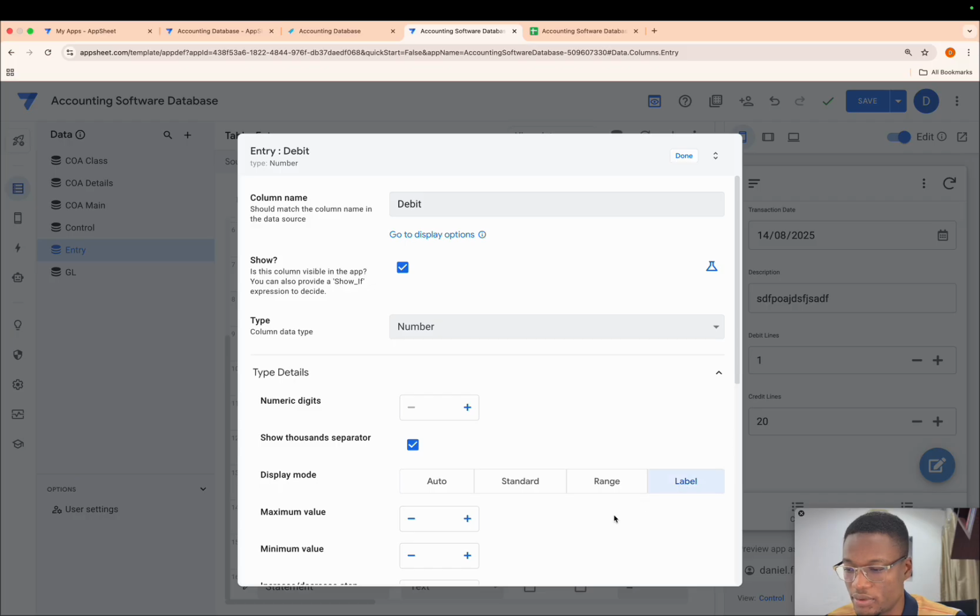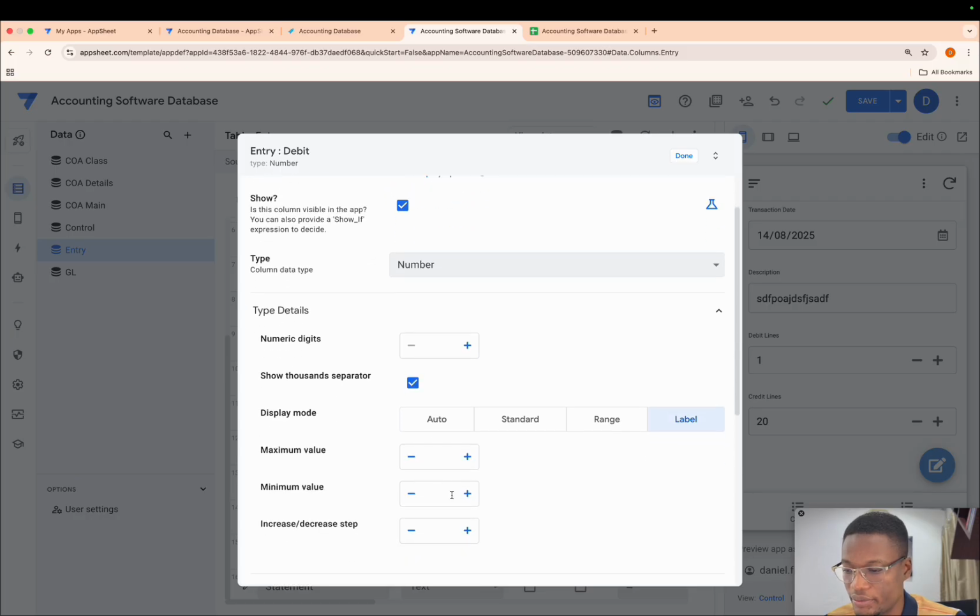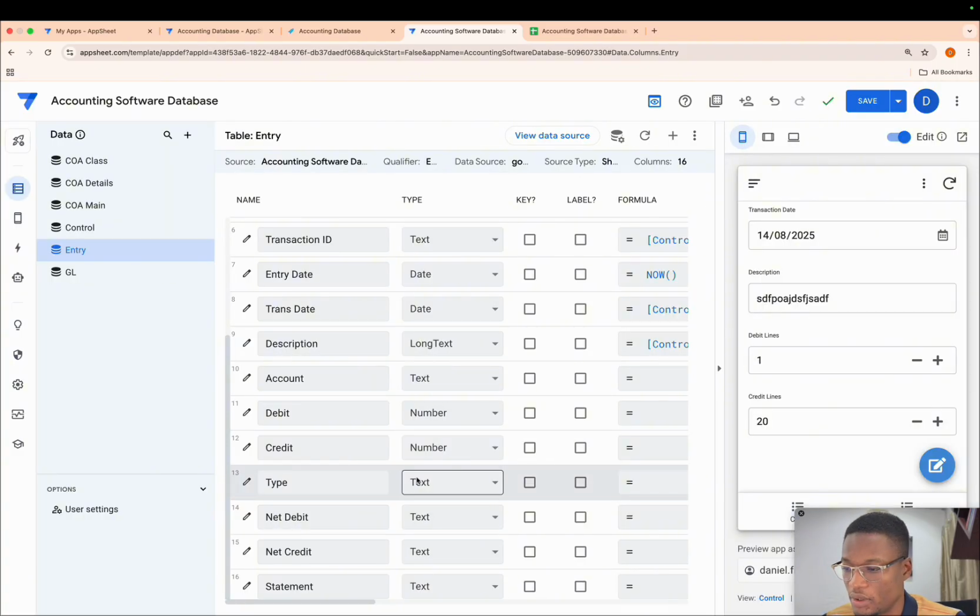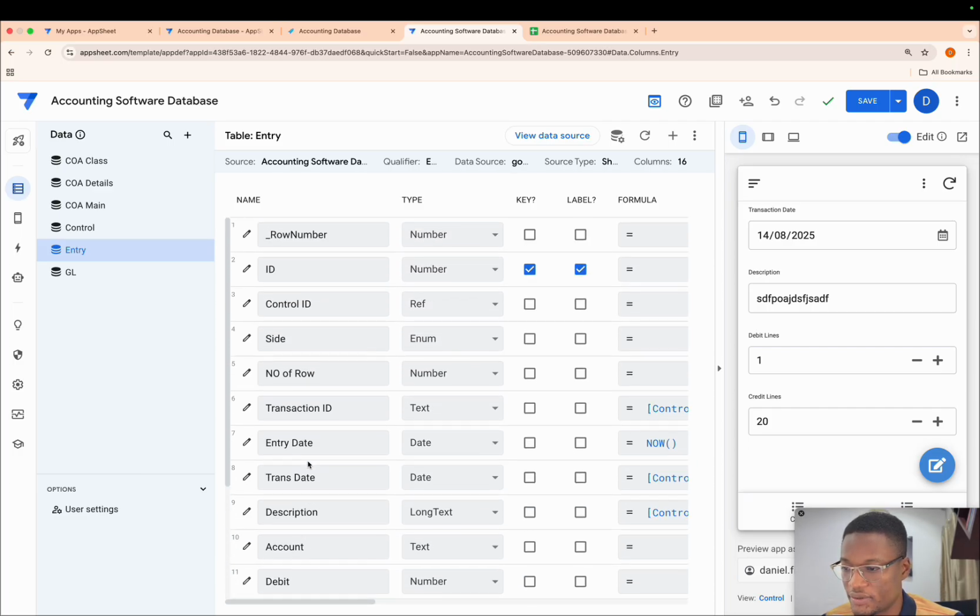1,000 separator label. Minimum value is 0. Okay, no, let's just leave the minimum value blank. Okay, so type, we have the type that's going to be selected for each account. So